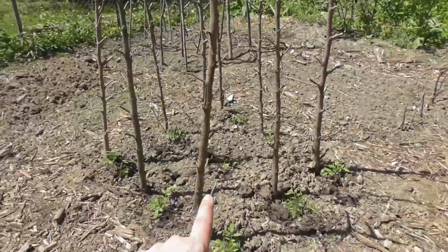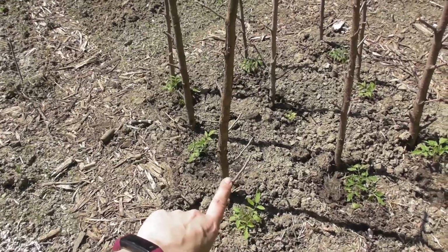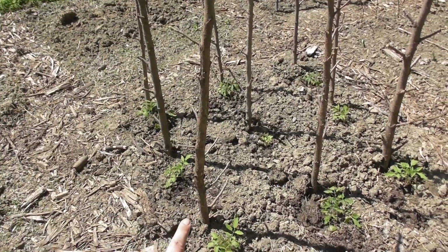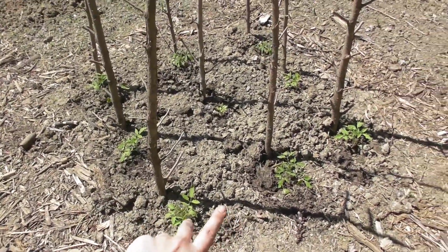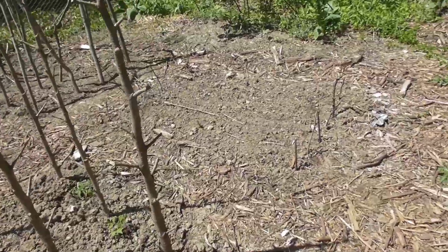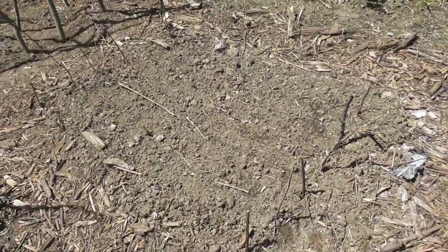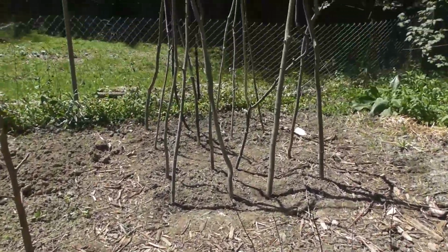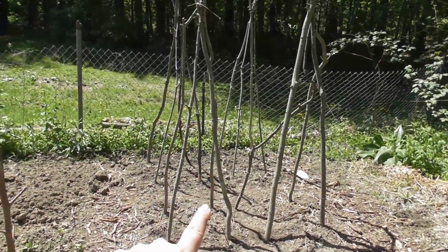And then we put in our tomatoes. These are yellow and delicious tomatoes. You guys actually, one of you had sent me yellow tomato seeds. I've never had them before, but we went ahead and put those in. We have a wide row of bush beans here, and then, if you can't guess, these are going to be